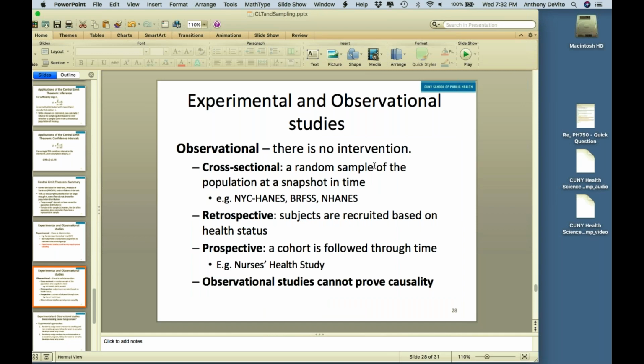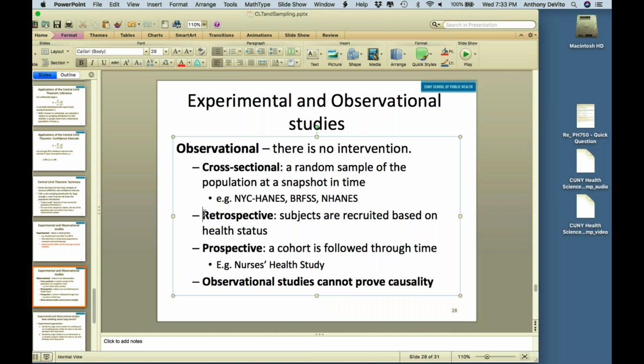Okay, other kinds of studies make this a lot harder. Observational studies are studies where you don't actually intervene or do anything. You're just observing what's going on in the population. For instance, if you wanted to know what the prevalence of diabetes was in the population, you would randomly sample people in the population and test them for diabetes. Okay, and there's a whole bunch of these that we're going to be working with in the future: NHANES, the Health and Nutrition Examination Survey, which I'll bring up in a second, the New York City Community Health Survey, and there's many others.